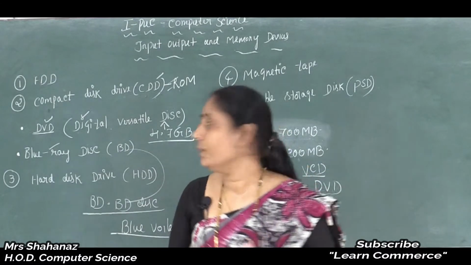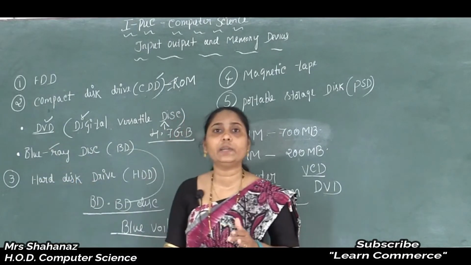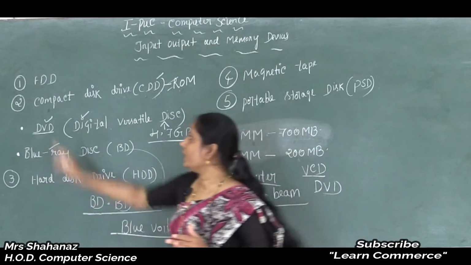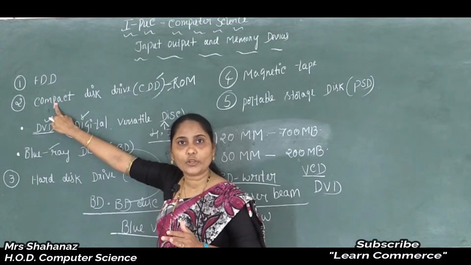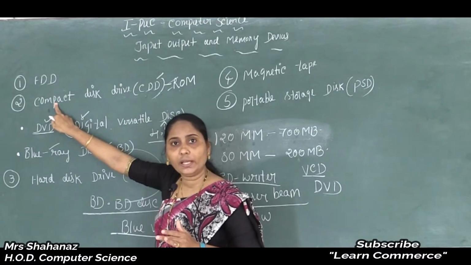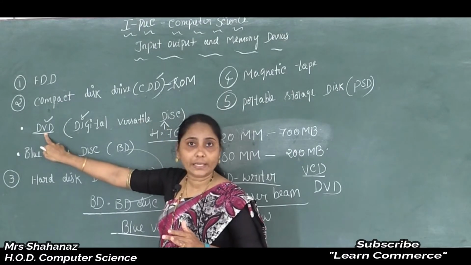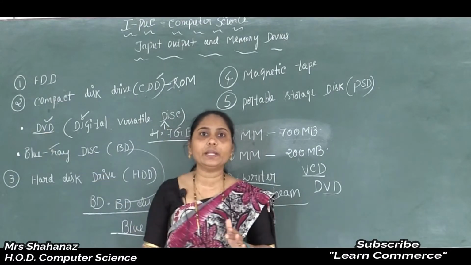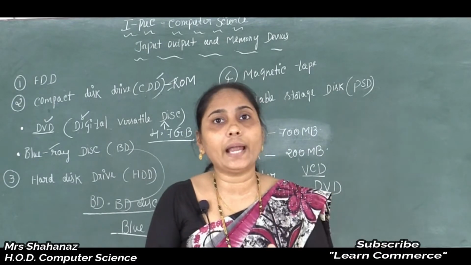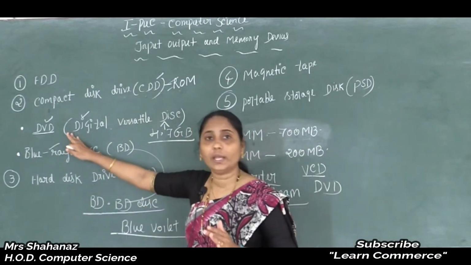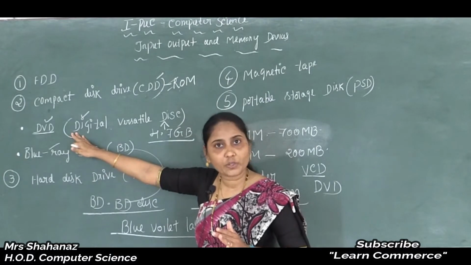Since I stopped at the word DVD, we know that in a compact disc the red laser beam is used to read. Like that, when any data is read or recorded, the DVD also uses the red laser beam to read and write data on this type of disc. Is this point clear?